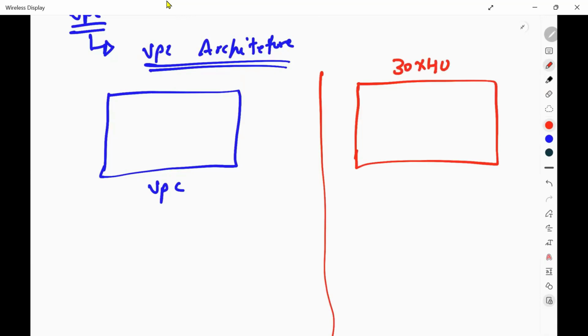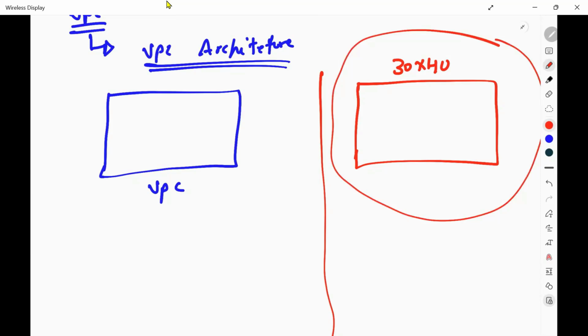Okay. Now, in one of the areas, you have your site. Assume this is some area, JP Nagar or Jayanagar in Bangalore, and here you bought a 30x40 site. Inside this data center, you have created your own isolated network through your VPC. Here also you bought a house and you added some protection to your site. Okay. Now this VPC is done.